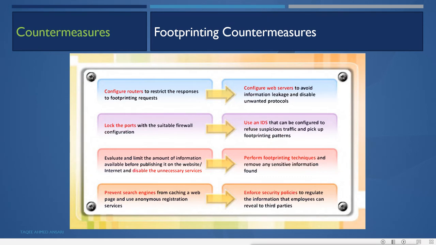Then enforce security policies to regulate the information that employees can reveal to third parties. And very important is to educate your employees that you have some sensitive information and you don't have to give this. So when you go to any big organization for a job, first they will give you the security training, and that is the security procedure actually.